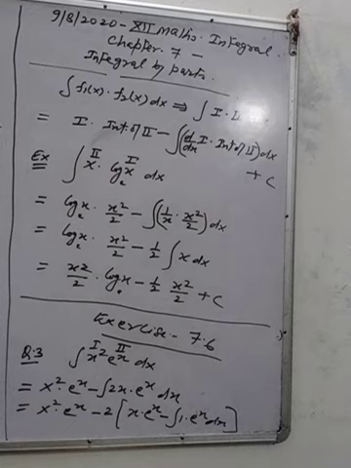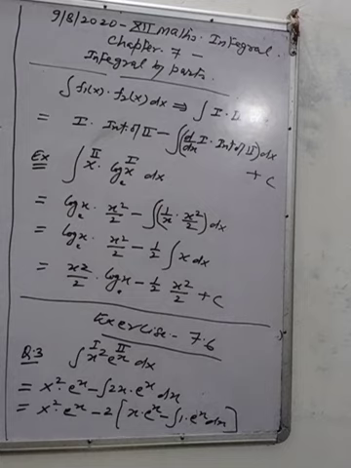Okay, now the second point: in a product of two functions, if both the functions can be easily integrated. For example, x power n into e^x, where n is a natural number, so you can take x e^x or x square e^x or x cube e^x. So x to the power n e^x, or x to the power n sin x. x to the power n sin x means x sin x or x square sin x, and so on, or x to the power n cos x. You can integrate both the functions.